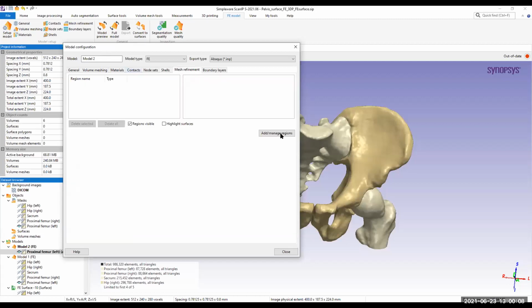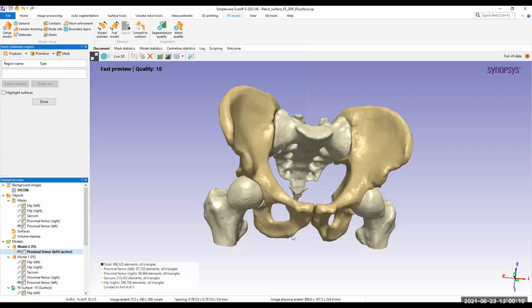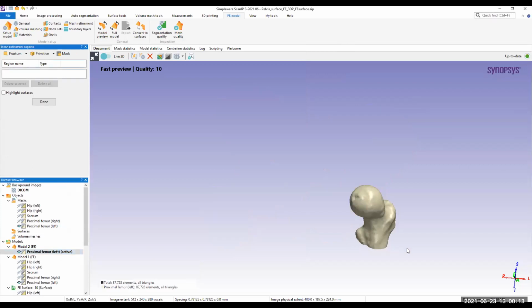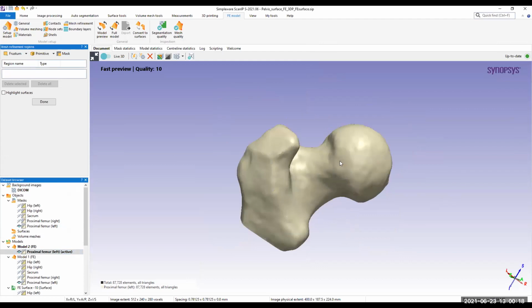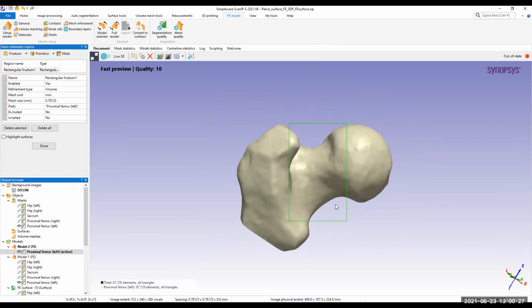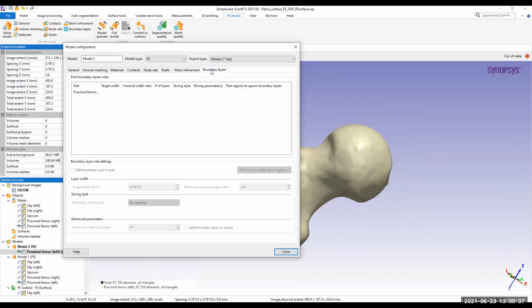Then I can also do a mesh refinement. Let's say that this section was my region of interest. I could generate a frustum over here like this. The section enclosed here would have a different refinement of mesh so that we get more accurate results for this section. That can also be done. And then we can define some boundary layers in case of a CFD analysis. So I will leave that.